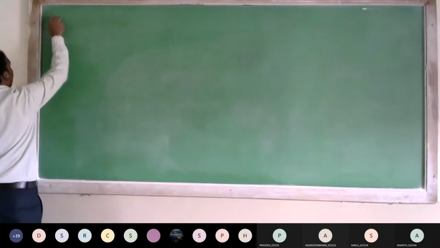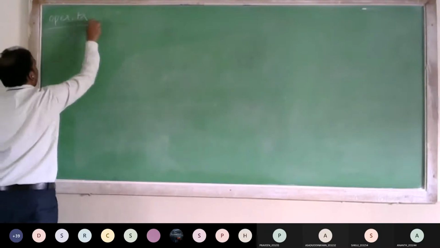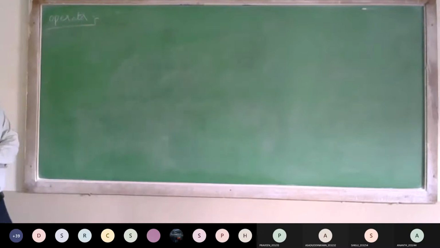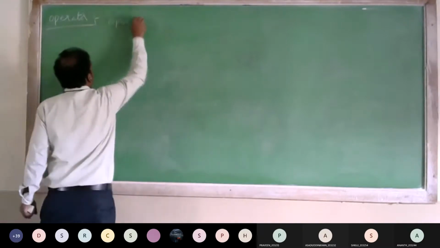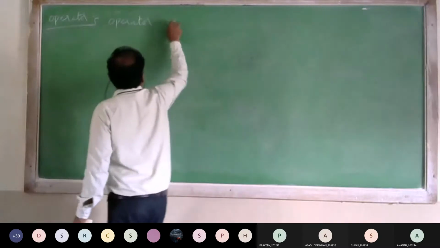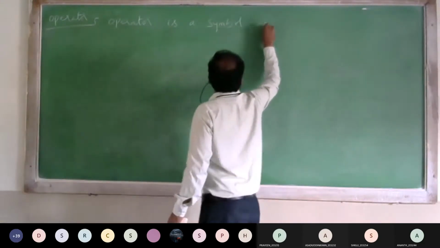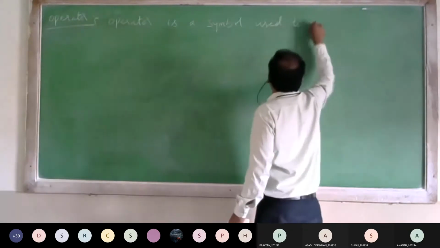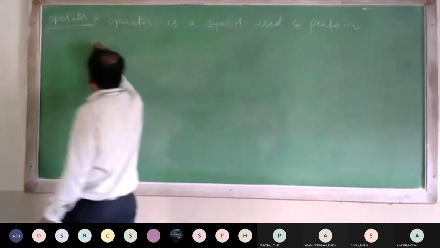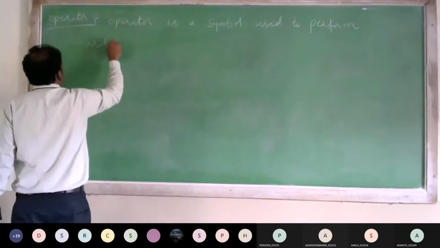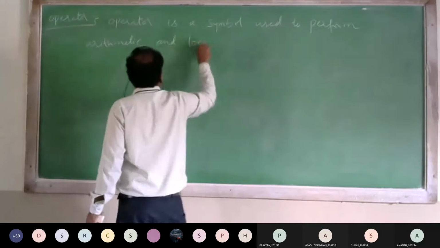Operator. An operator is a symbol used to perform arithmetic and logical operations.